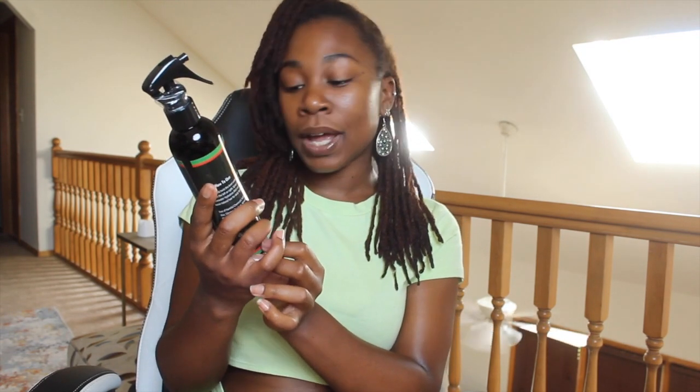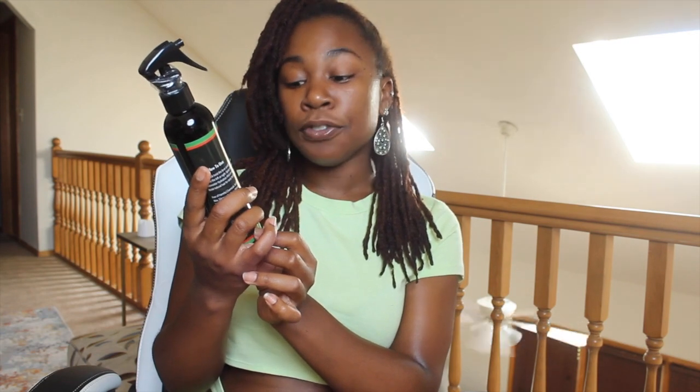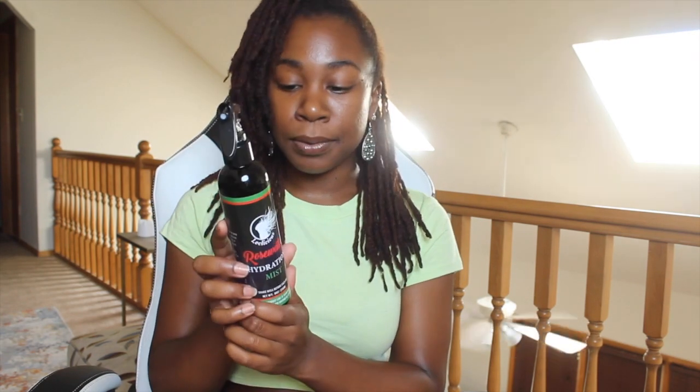This is a lightweight lock and hair mist, free of residue and harmful chemicals. So the ingredients in this product include rose water, aloe vera leaf juice, jojoba oil, organic castor oil, organic hemp seed oil, vegetable glycerin, vitamin E oil, organic virgin olive oil, argan oil, horsetail extract, sunflower